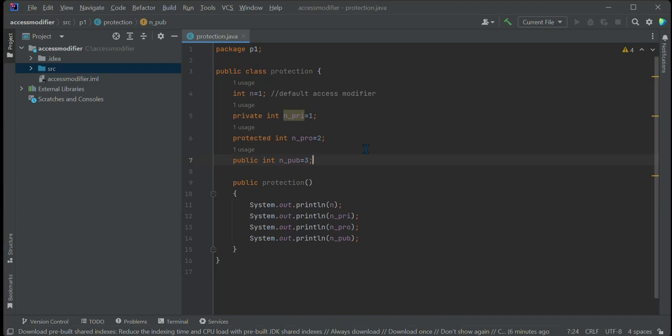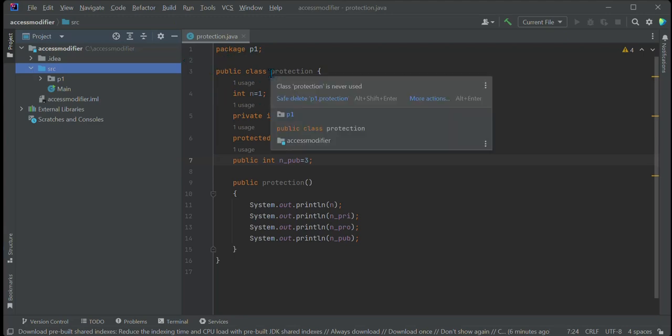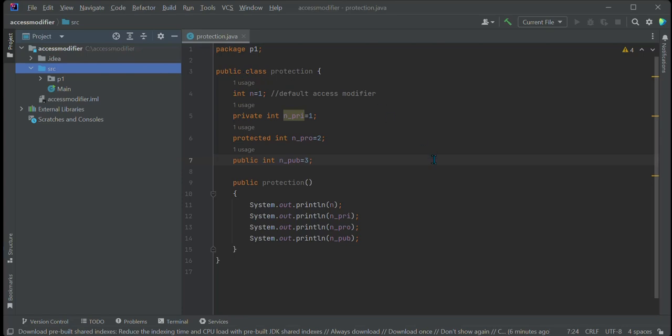I have already posted one video in which I have told you how to create a package. So you can refer to that video, how we can create a package in IntelliJ IDE. So here I have created package P1, and inside this package P1 I have declared one class, Protection, which is public. And inside this class I have declared four variables: n, n_pri, n_pro, and n_pub, where